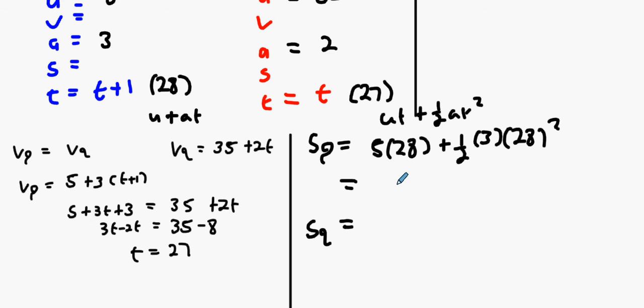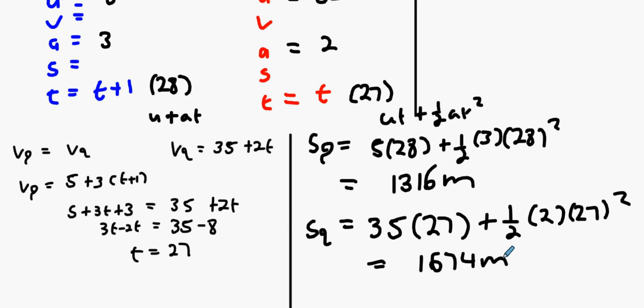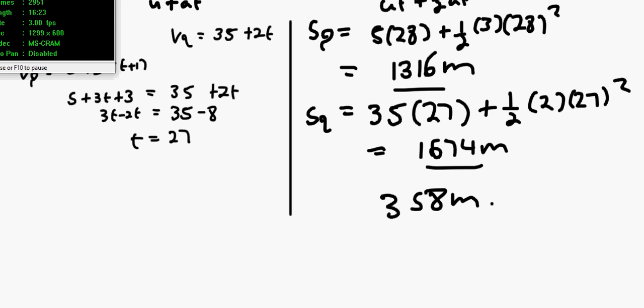So, 1,316 meters. SQ starts off with initial velocity of 35. It's traveling for 27 seconds, plus a half times 2 times 27 squared. Lob all that into the calculator and we get 1,674 meters. As predicted, SQ is bigger than SP. Take the two distances away from each other and you should get 358 meters. The largest gap is 358 meters. Okay. That is the 2010